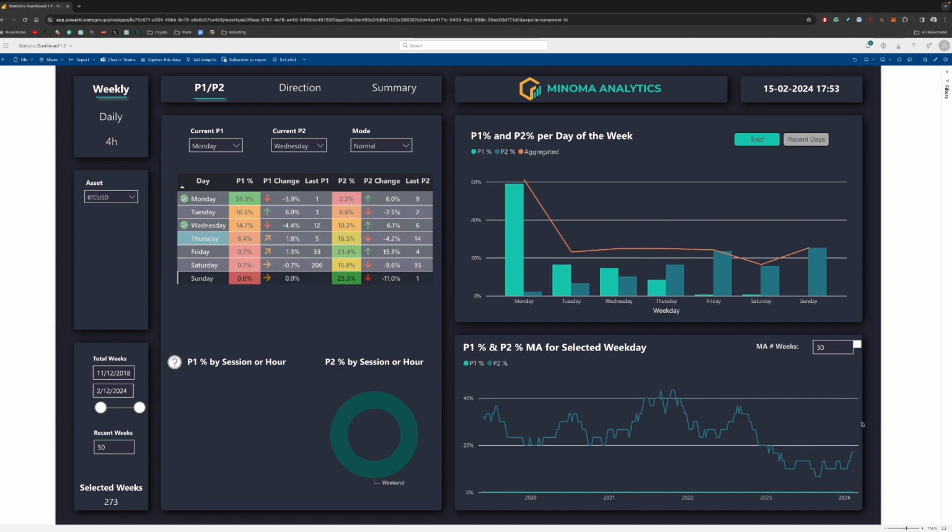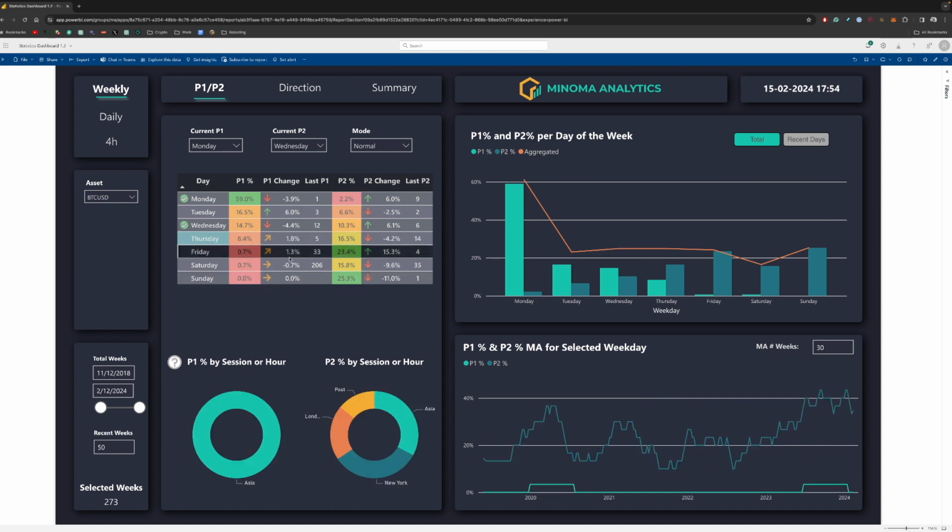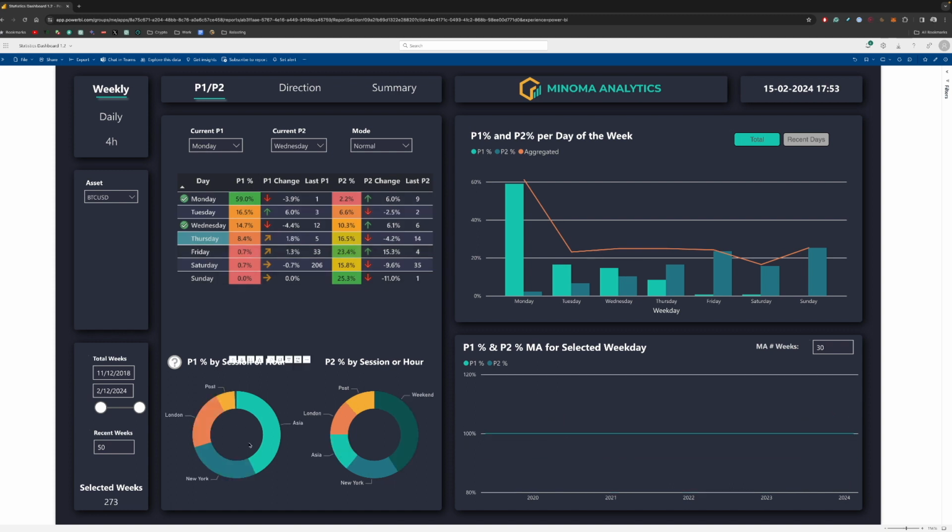So it could make sense that in the bull run, we're going to see an increase in Sundays where we just see continued trending days or trending weeks. Well, where did this go? This is something you can see from the data on Friday. We can see that Friday put in a lot more P1 and P2. So all this went to Friday. So very interesting data.